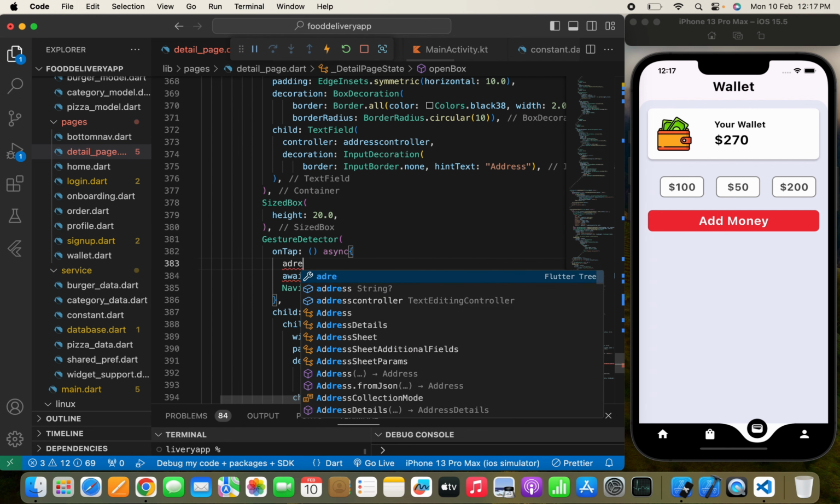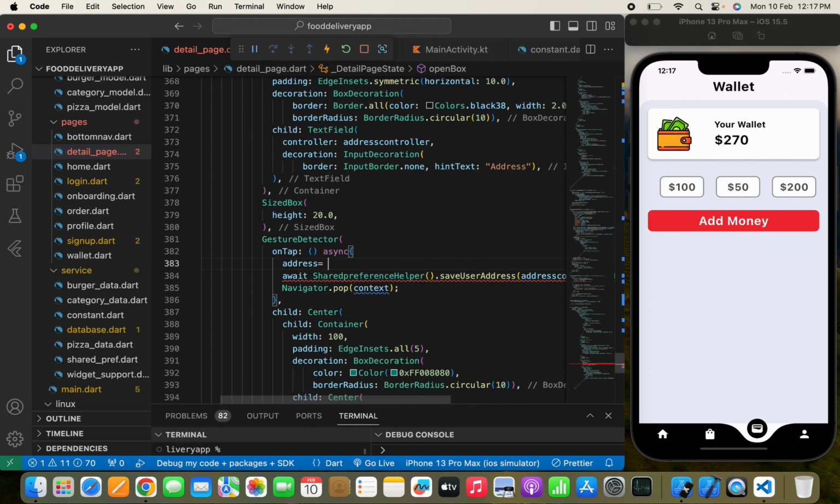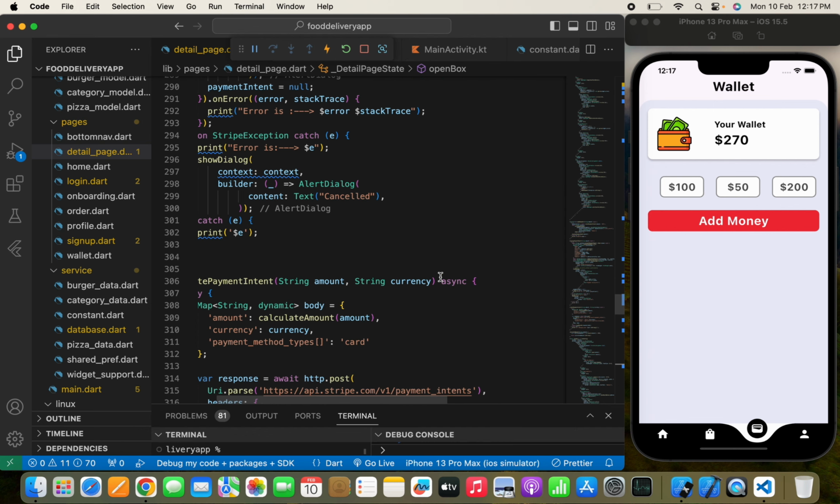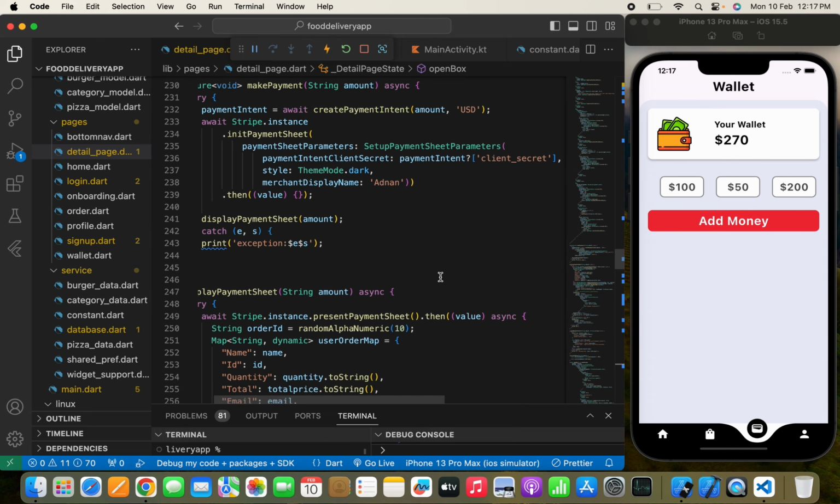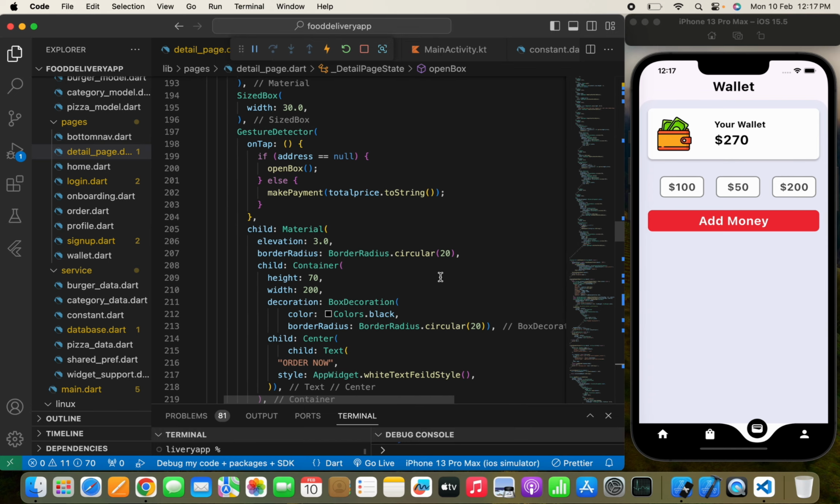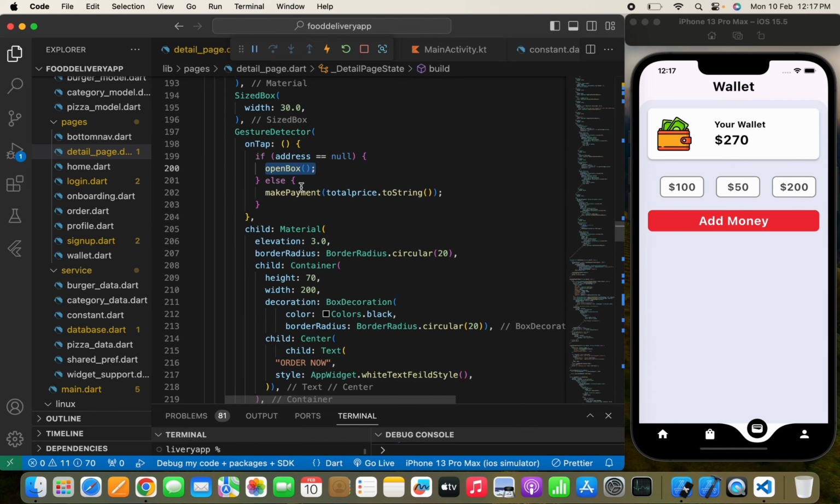I hope that it will work, which is address equals, and I'll just pass address controller text. I do know in future it may cause a problem, so I'm adding this line. You can add that. Yeah, now let's move over here, and if the address is null, then we'll show the open box. Now in the else case, we don't need to show the Stripe payment gateway,